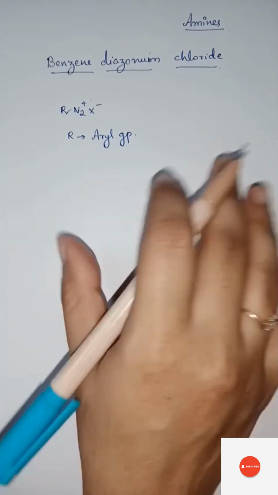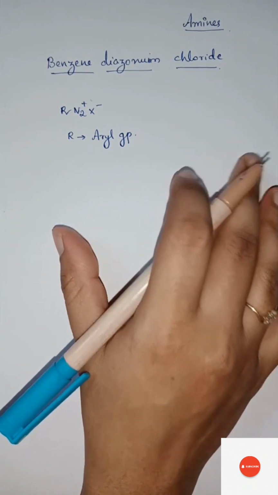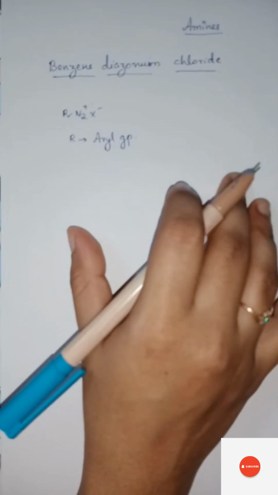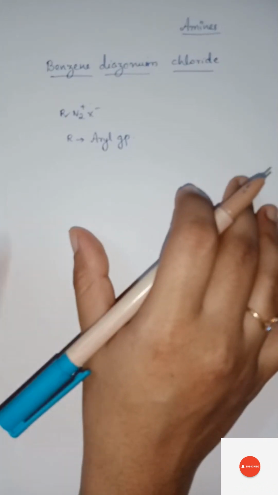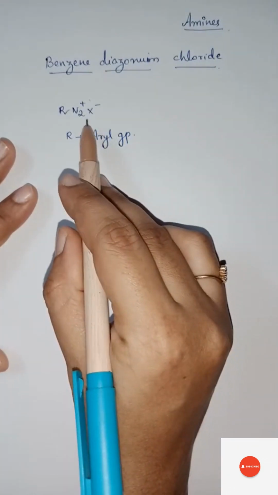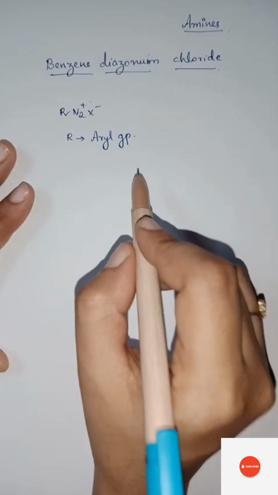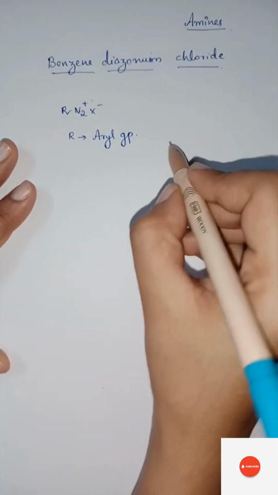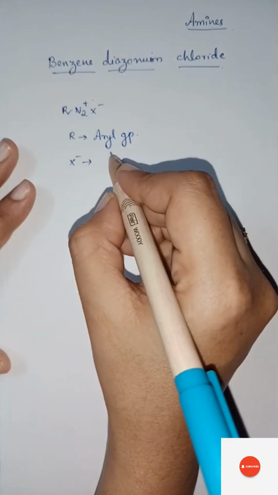Hello students, in today's video we are going to discuss benzene diazonium chloride. That is a very important topic from amines. First of all, what is the general formula of benzene diazonium chloride? That is RN2+X-. This R can be any aryl group like benzene, and this X- can be halides